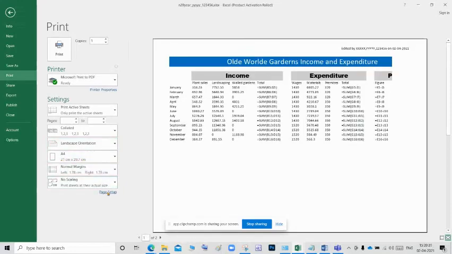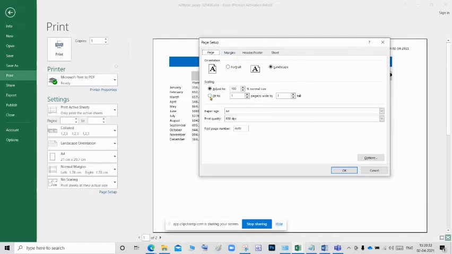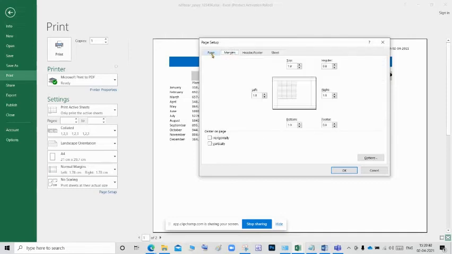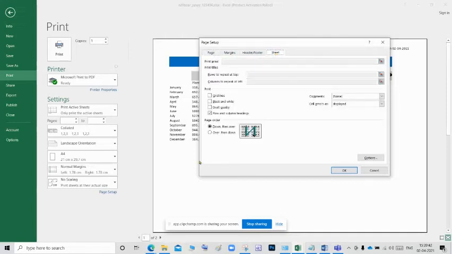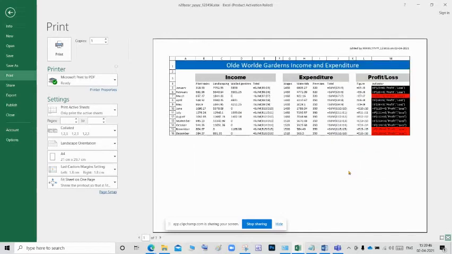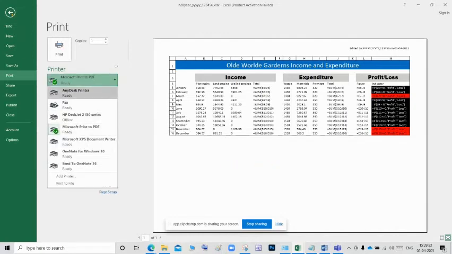Next go to page setup. They are asking fit to one page and sheet row and column headings, and check in margins here. Nothing to change. Go to the sheet and click row and column headings. So we are getting the values like this. Then we can select the printer and give the print.